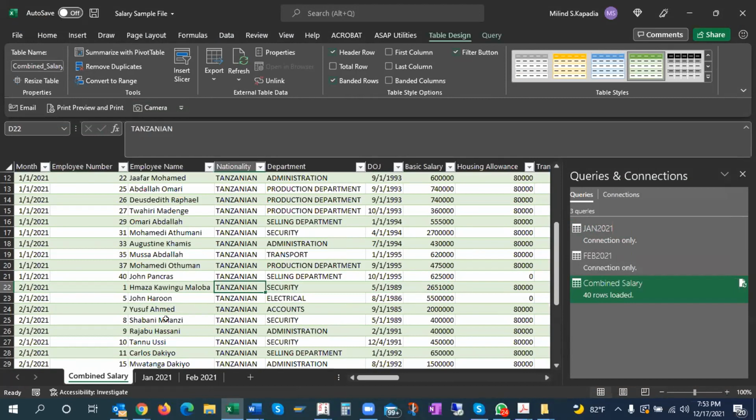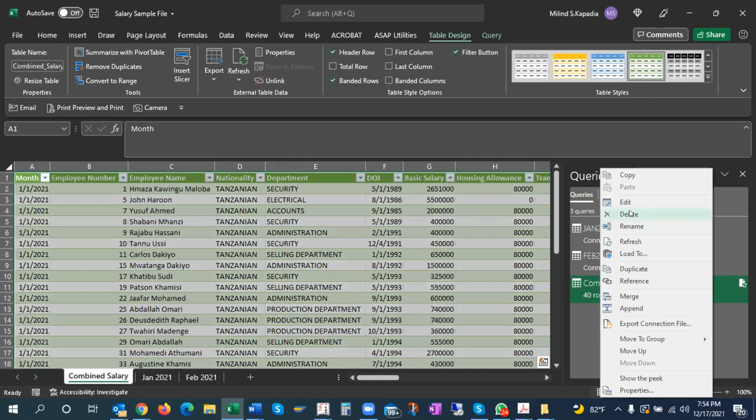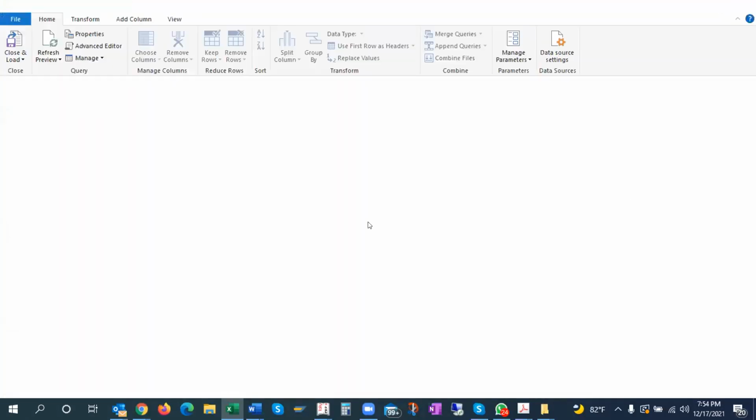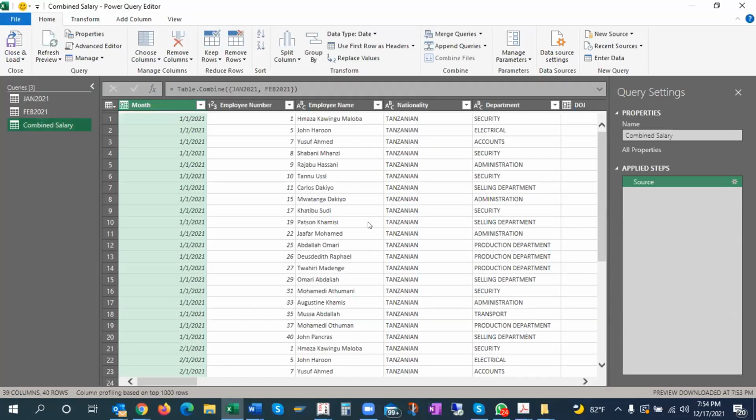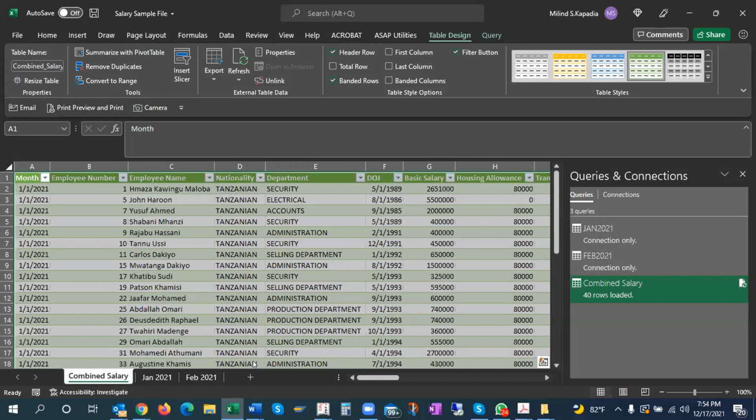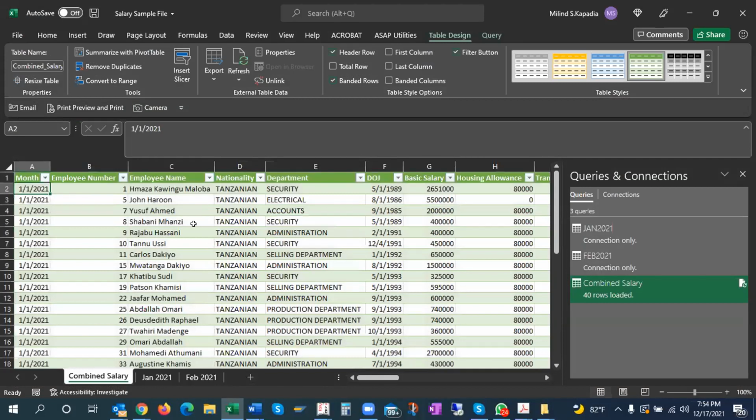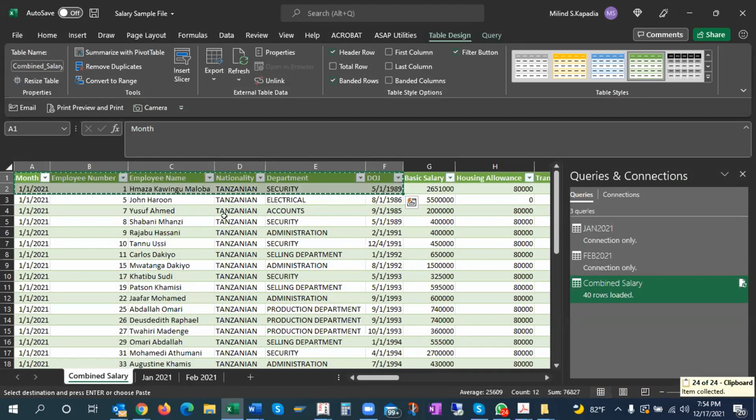So there is a very beautiful tool given in Power Query. It is called unpivoting. Let me just show you that it is a really good tool. We can unpivot the data. Suppose I'm taking just one particular employee.